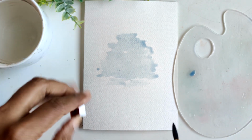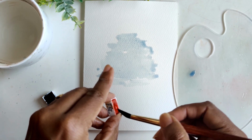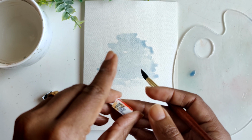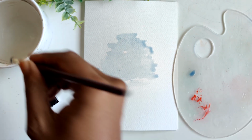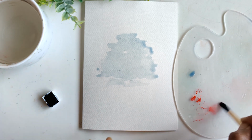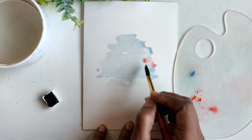This is the only addition of color we're going to be doing. I'm just taking a little bit of this red hue, which is cadmium red hue, mixing it on here. Now this is too bright, so we want it to be extremely light. And then I'm just dropping some in